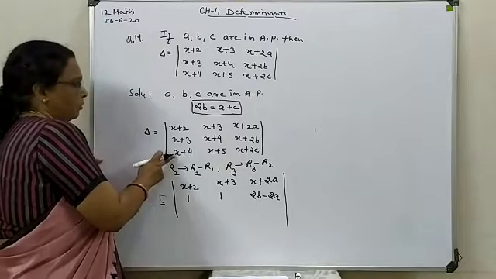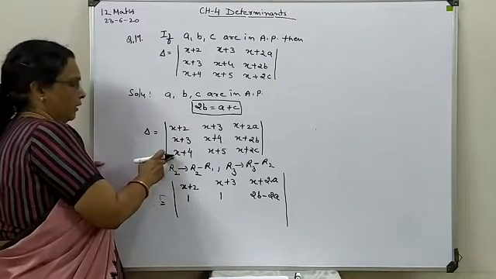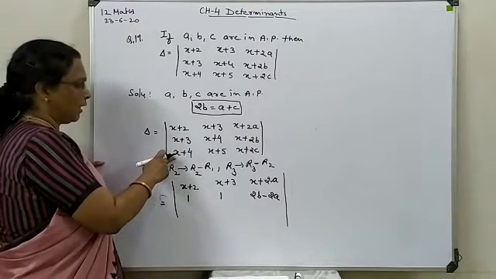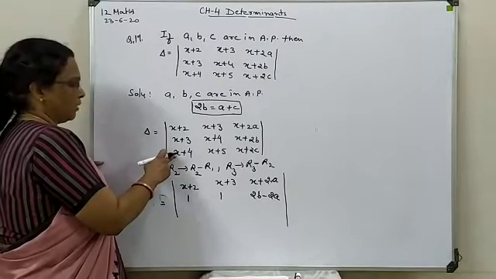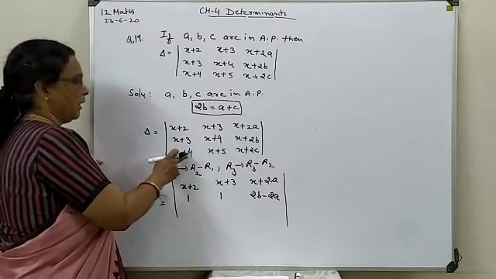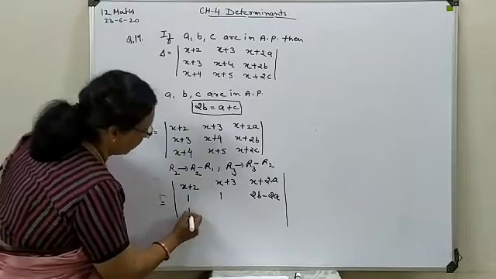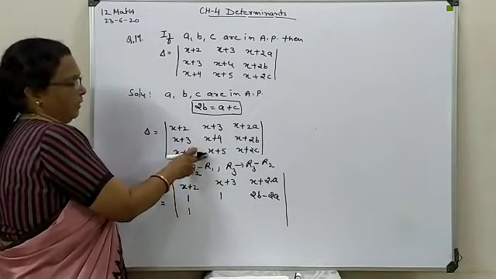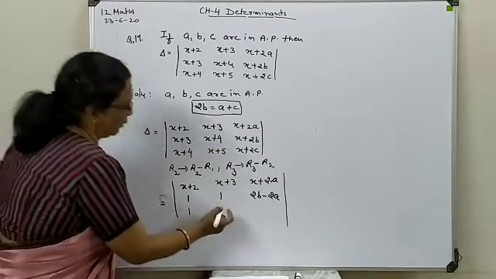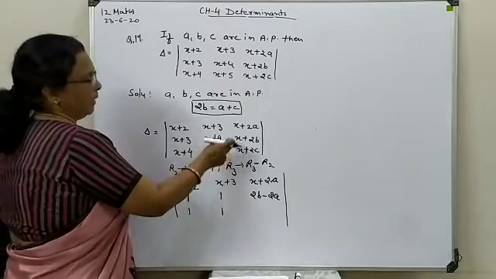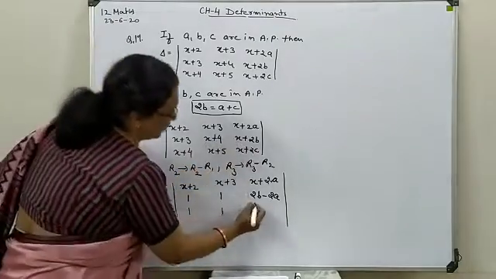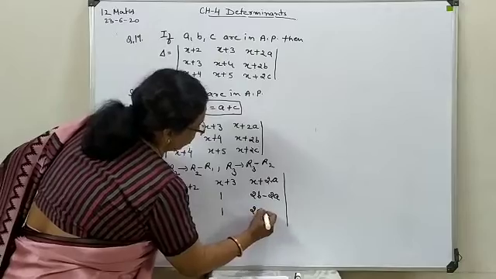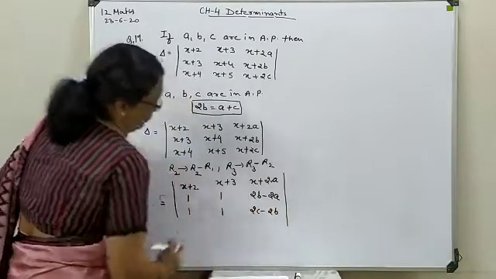Come to the last row. In the last row we want to change on subtraction by the second row. So again on subtraction this x and x will cut, and 4 minus 3 means 1. x and x cut at second position, 5 minus 4, 1. Here on making them subtract, x and x cut, and here you will be left with 2c minus 2b.